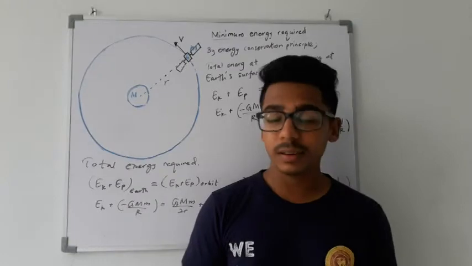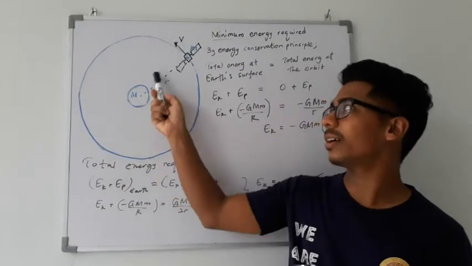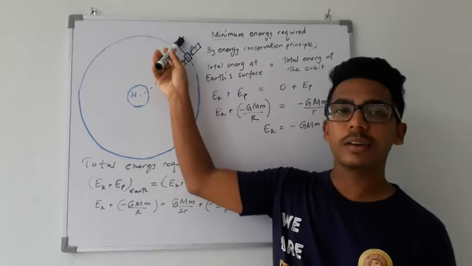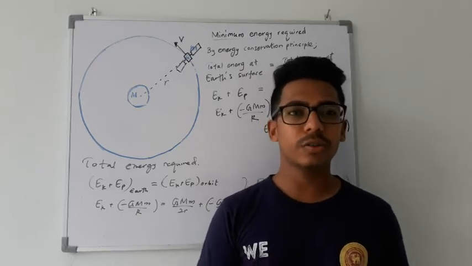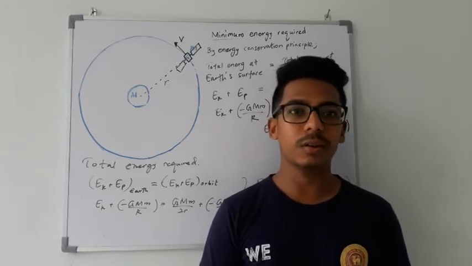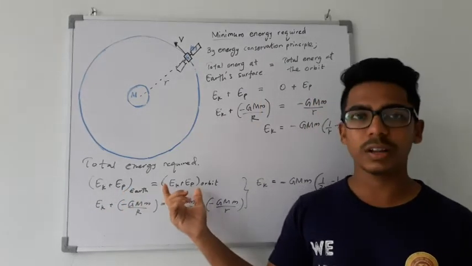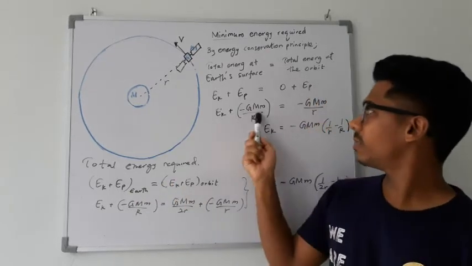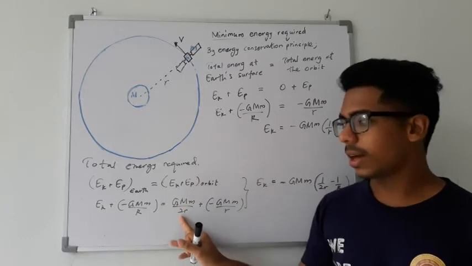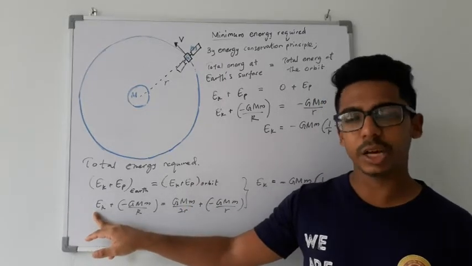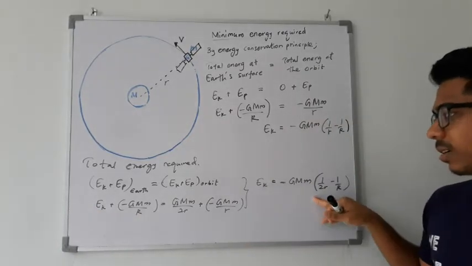Okay, and then the next thing is total energy required. Here you have to give energy to the satellite, not only to send the satellite to the orbit but also to get this speed. So here you have to give an additional kinetic energy to the satellite. So here also you can find the total energy required using the energy conservation principle. So total energy at the Earth's surface is equal to total energy at the orbit. So apart from this equation, the only additional term is this kinetic energy term, which is GMm over 2r. And if you substitute the energy required in this expression,